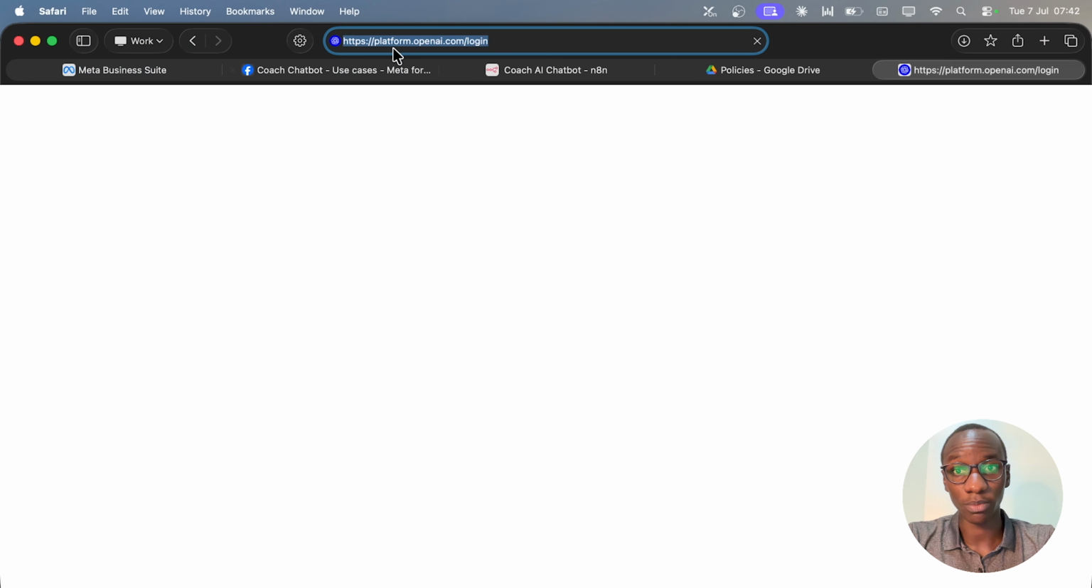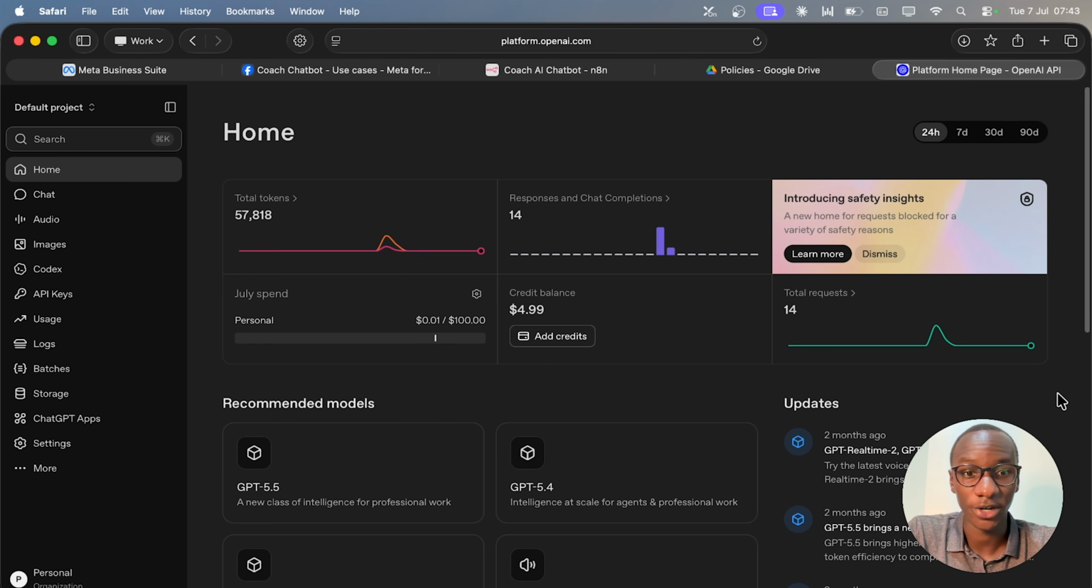To do that, just head over to platform.openai.com and either create an account or log in. Once you've created your account, you should be on a page that looks something like this. Mine would look a little different with some graph data and credit balance because I've been using this quite a bit. But essentially, if you want to start, the first thing you want to do is actually deposit credit balance